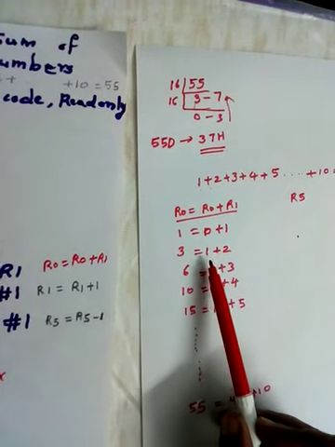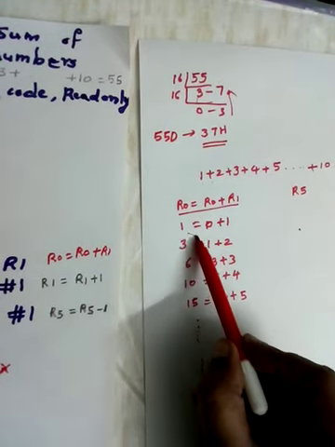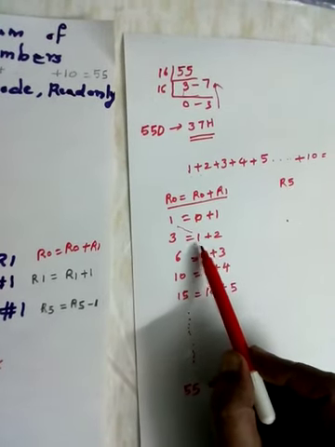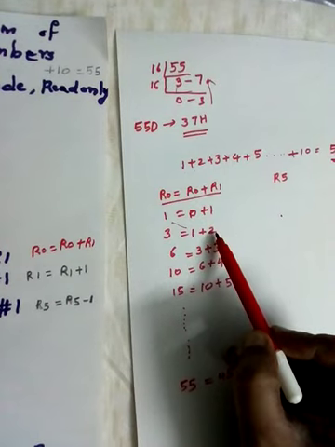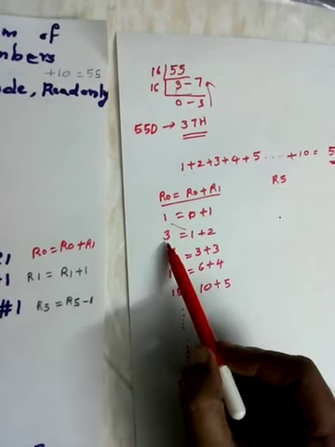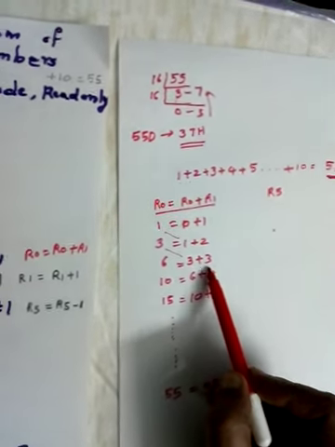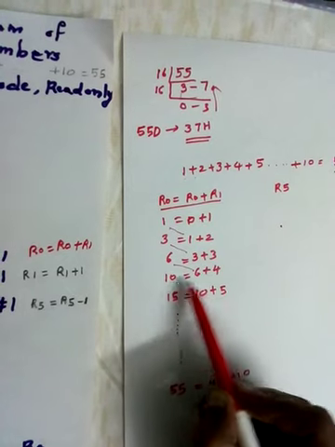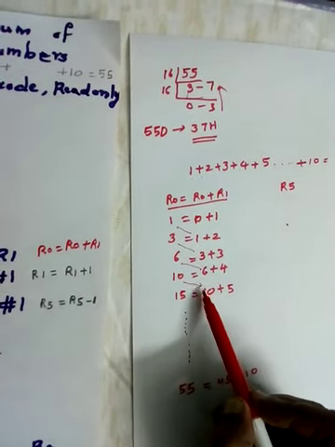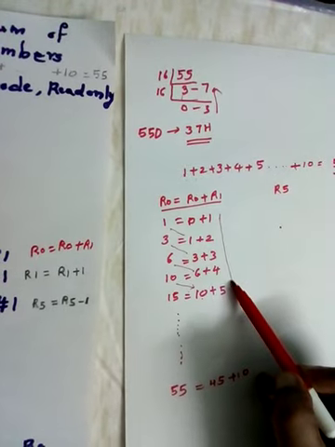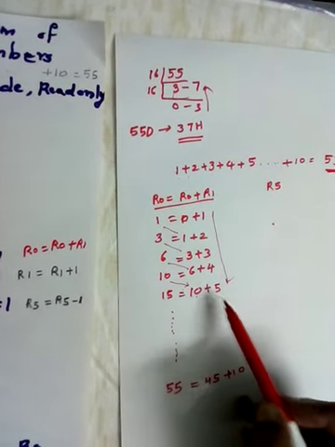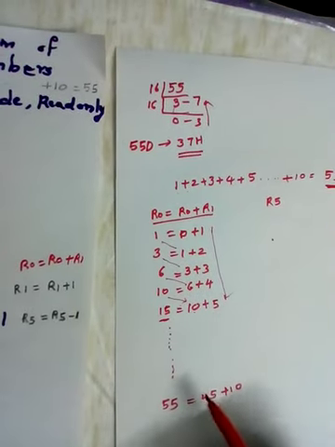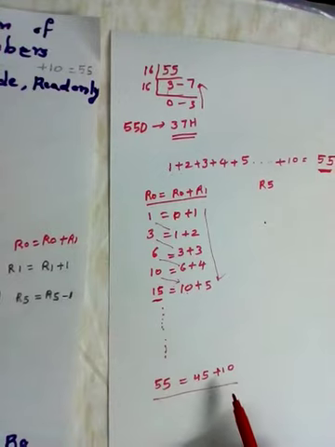Now the same R0 is used here in this addition. R0 is equal to R0 plus R1, 1 plus 2, because R1 is incremented by 1 in the code. We got 3. Now again this 3 is used here, 3 plus 3 is 6. Again this 6 is used in R0, 6 plus 4 is 10. That 10 is again used here. We are incrementing R1 every time, and the result is stored in R0. Like this it continues, and finally 55 will be there.